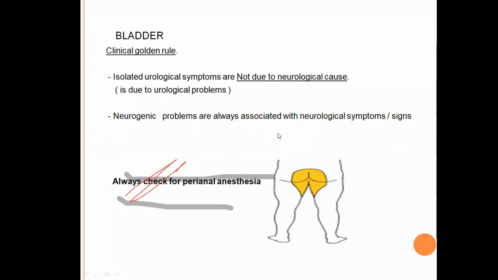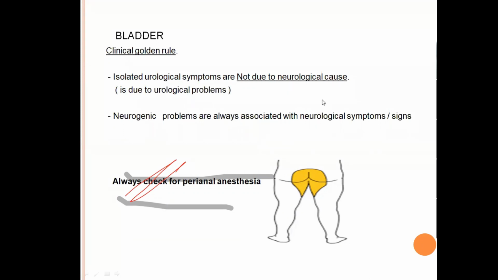Now, oftentimes there are referrals of patients who have urinary symptoms. The urologist will check everything and say that nothing could be found, so go to the neurologist. And the question is whether the bladder symptoms, whatever it is, frequency, urgency, or hesitancy and retention, are neurological or urological. The golden rule is isolated urological symptoms are not due to a neurological cause, which means if